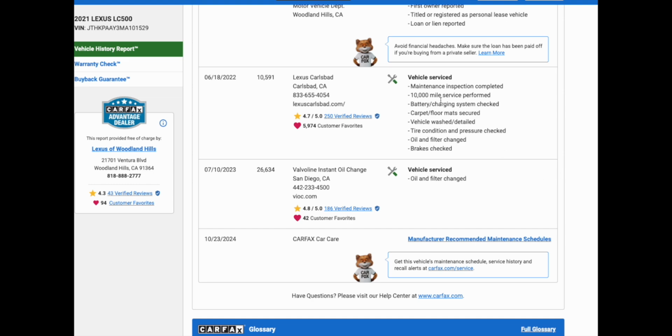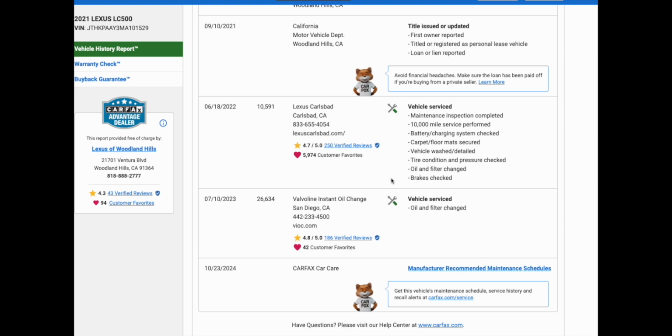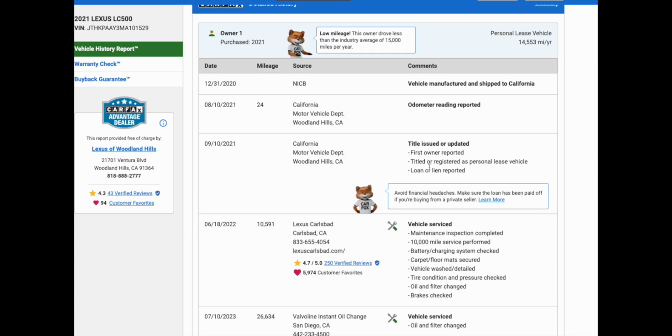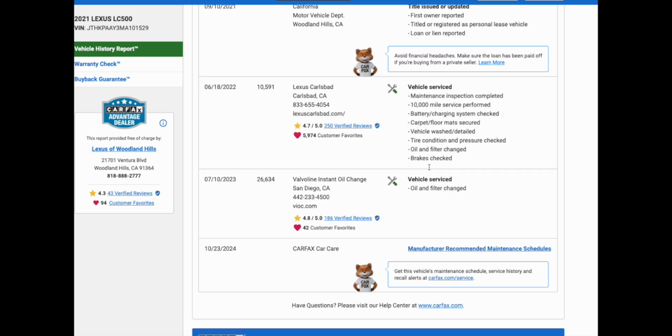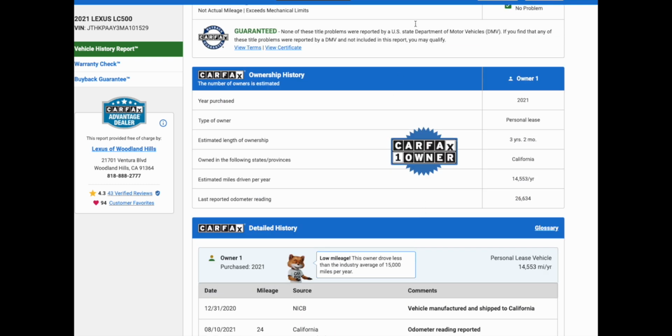And we've got a 10,000 mile service showing right here. And then the rest of this stuff just looks like the normal maintenance when they take it in, right? Also looks like an oil change done at 26,000 miles. Interestingly enough, obviously the 10,000 mile, the 5 and the 10, you get those for free when you purchase the vehicle brand new. So not sure if this individual stopped taking it to the Lexus dealership after they got their first 2 services, but either way, right? I think the more important thing here is that this is now being offered at the